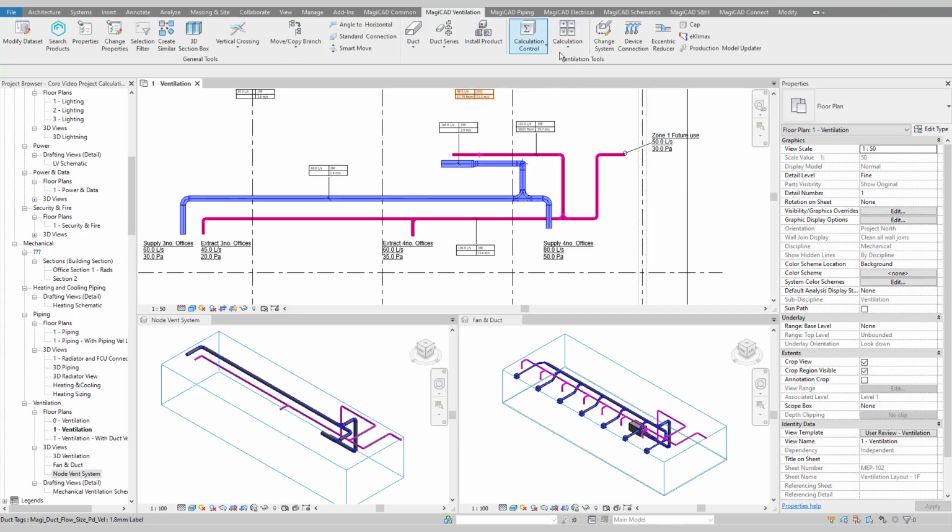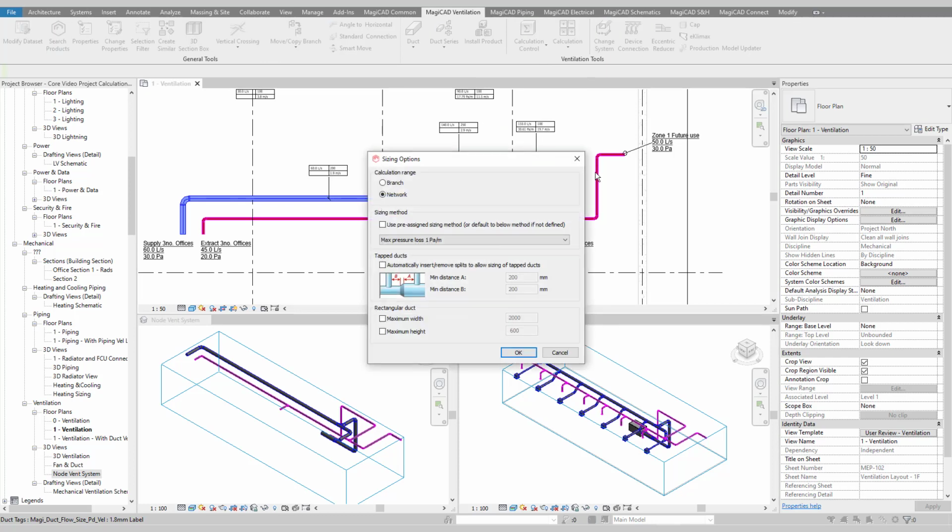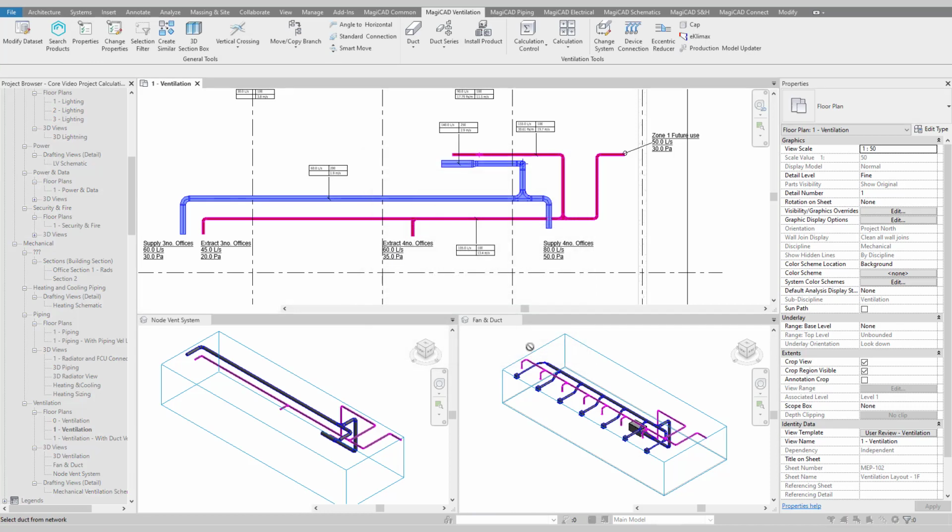So from then on, I can go to our sizing tool, click sizing. And what I can do here is do it for a branch network, but I've also got our sizing methods that live within our data set. So I'm just going to select this max pressure drop of 1 pressure drop per meter, and this is used for taps. I can also lock my width and heights if I had rectangular ductwork,